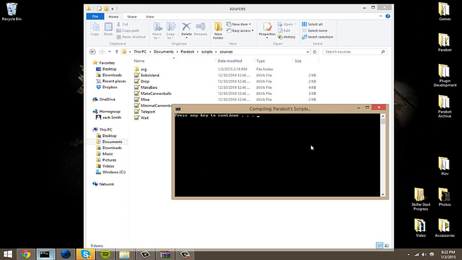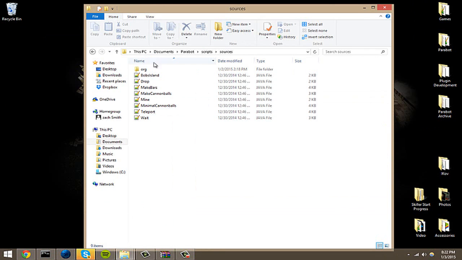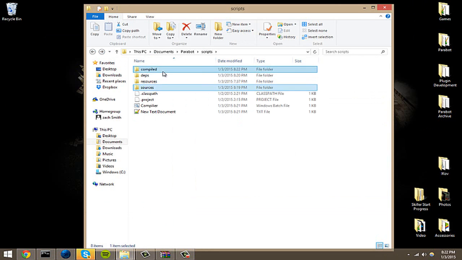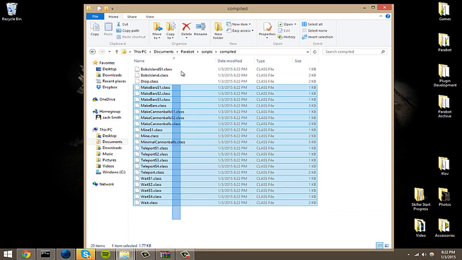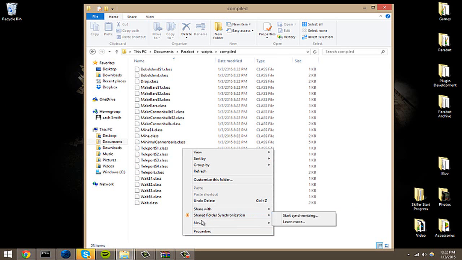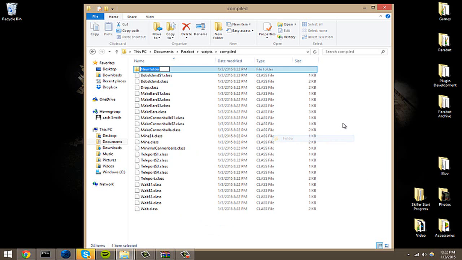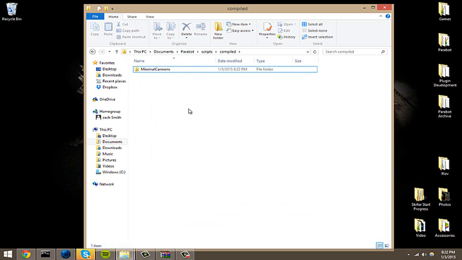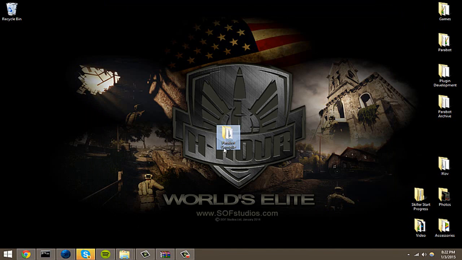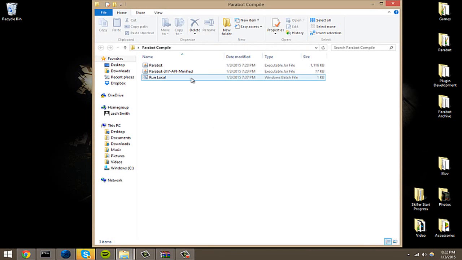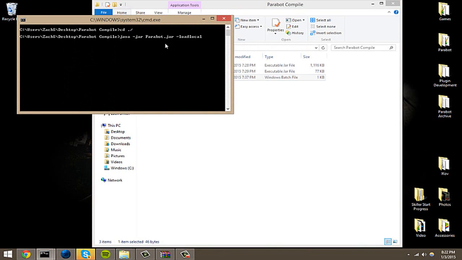And it'll say press any key to continue. So if we go to our compiled folder, we'll have all of this. Now, as before, we can do minimal canons. Drag all that, put it in there, all nice and neat. Now we can go back to our Parabot compile, run,